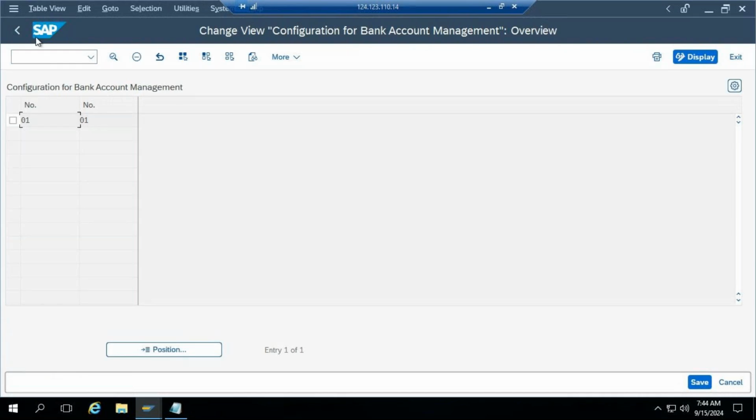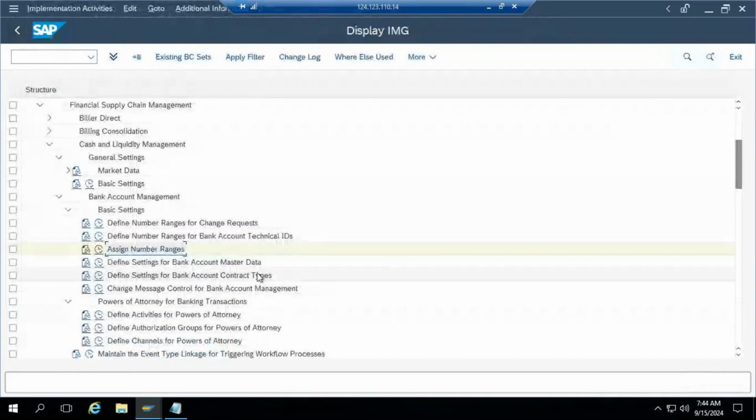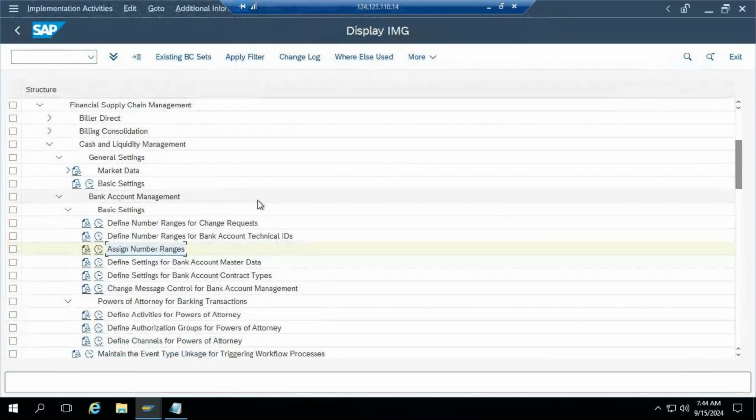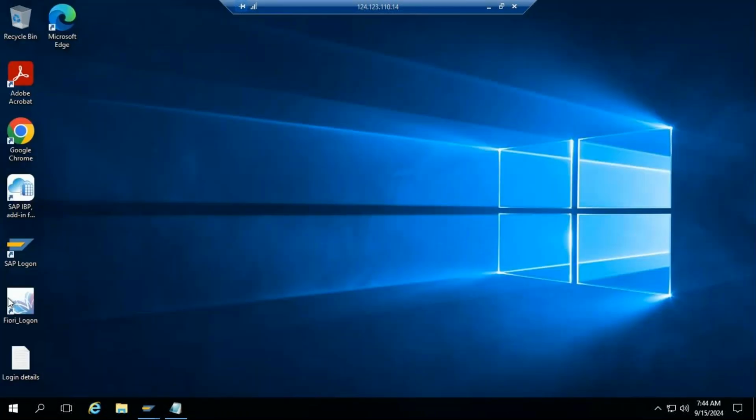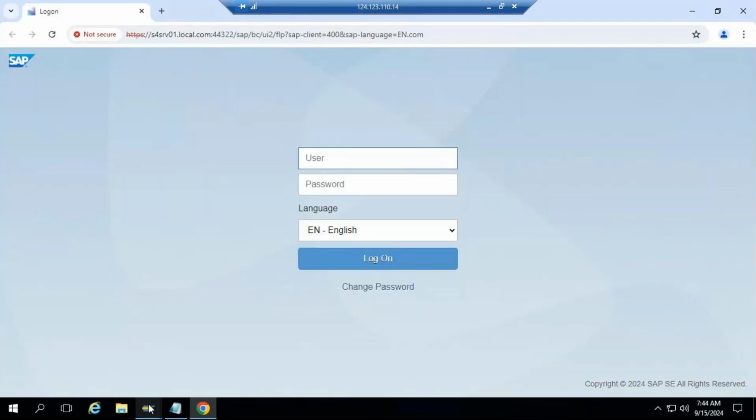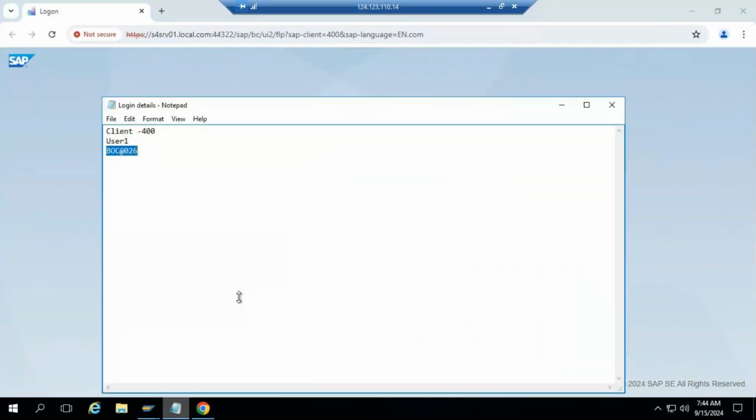Okay, you can see it here. So this is the basic setting to create a bank account from the Fiori app, to maintain this number range setting. And now I will go to my Fiori app library, Fiori app, and